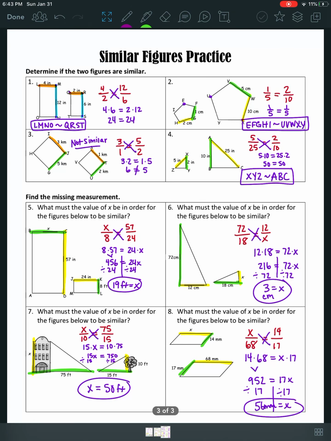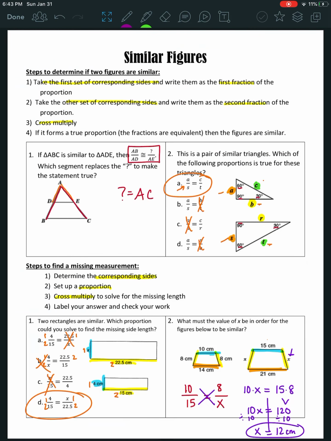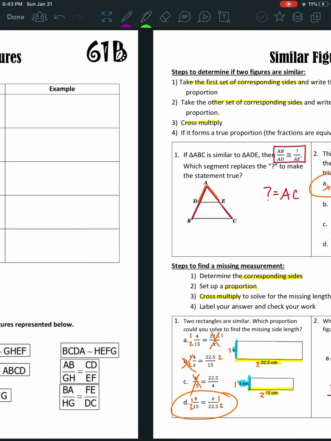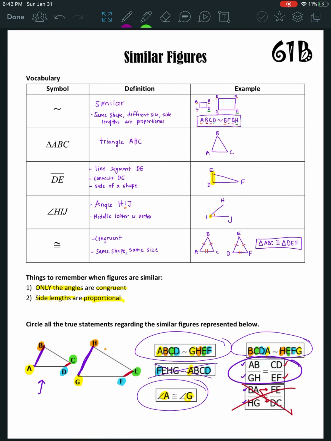So there we just learned how to identify if 2 shapes are similar and how to find a missing side length in 2 shapes that